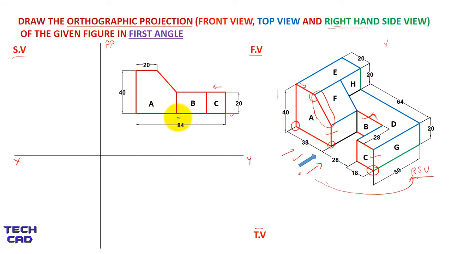After making the front view we can start the top view. There is no need to see the top view from this figure. From every vertex or every corner of the front view I will take the projections towards the downside with the help of my drafter. Now when we see from the top view, we can see this line which is 20 mm plus 64 mm, that is 84. I can make a direct line over here. I just make a line which is passing through the projection lines. So this complete line is 84, as we know.